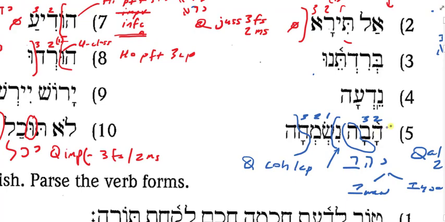Let me just have you look at number 3 real quickly. I have buridtenu. Yeah, you can say that. Buridtenu. So what do I have here? Let me just see if you can understand why the answer is what it is. This is yarad. It's a Qal infinitive construct with preposition bet and with the pronoun 1CP. Okay? Can you see that in here?